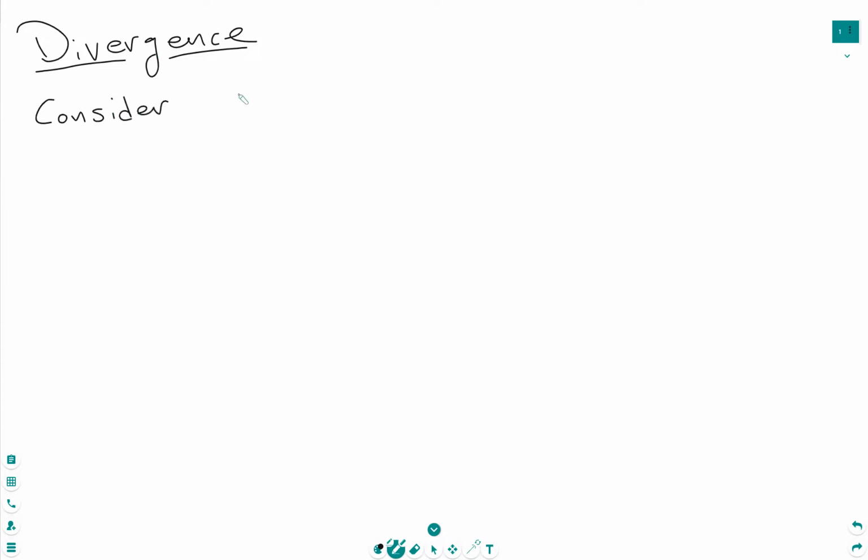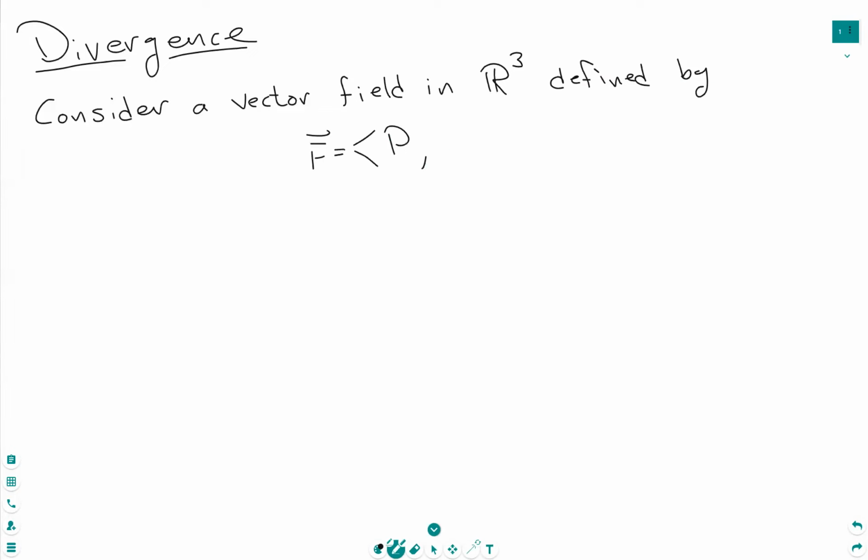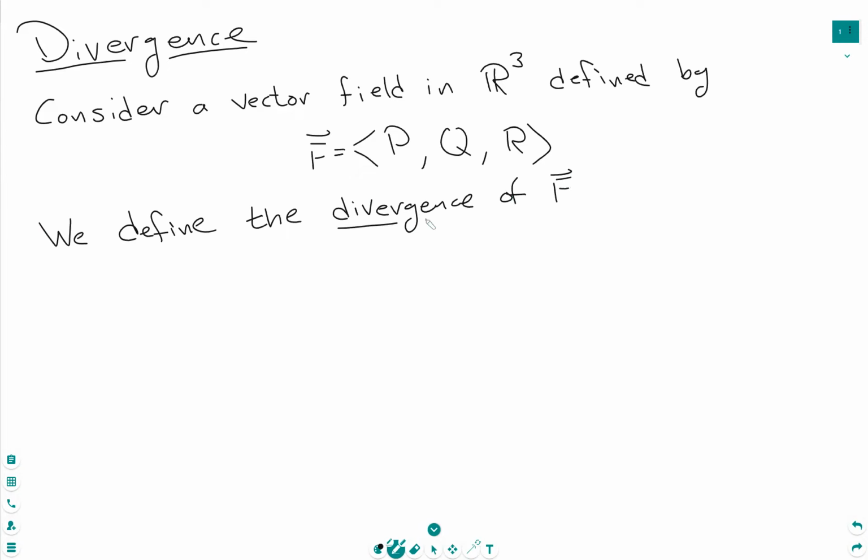So what we're going to do is consider a vector field in R3 defined by its component functions P, Q, and R. We define the divergence of this vector field F as